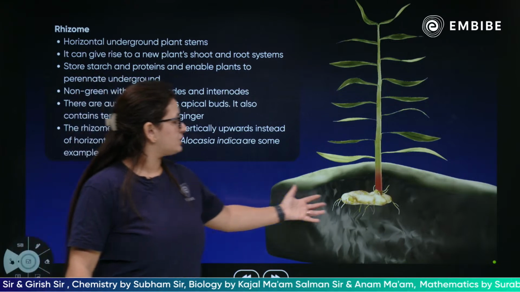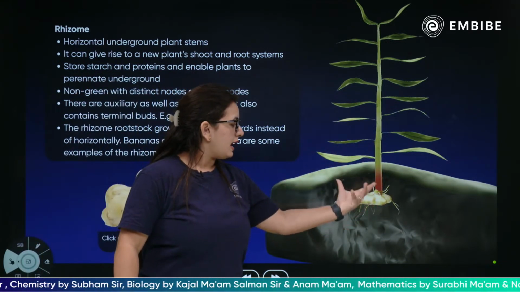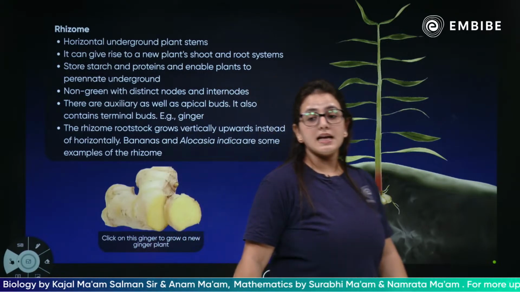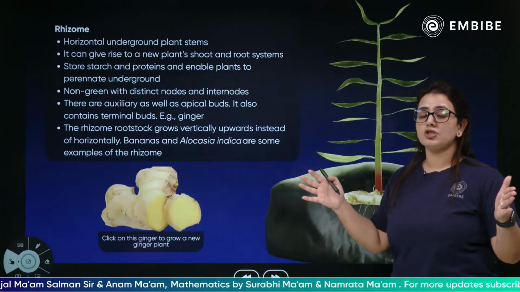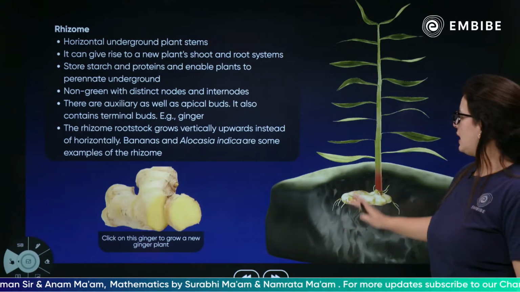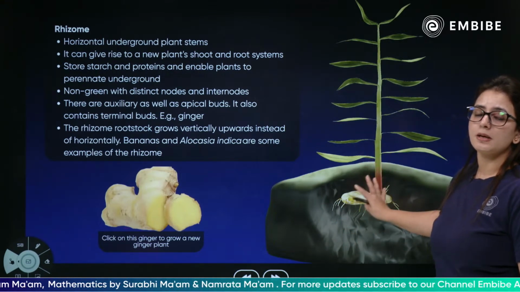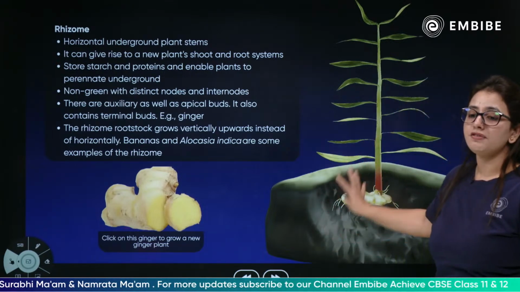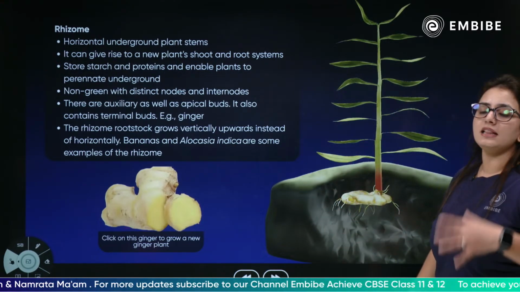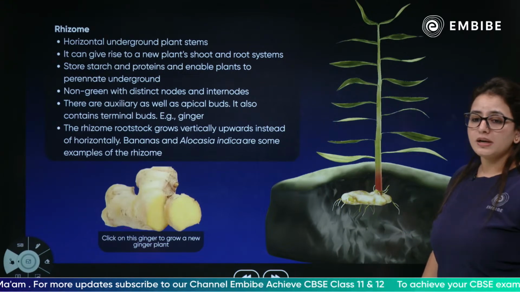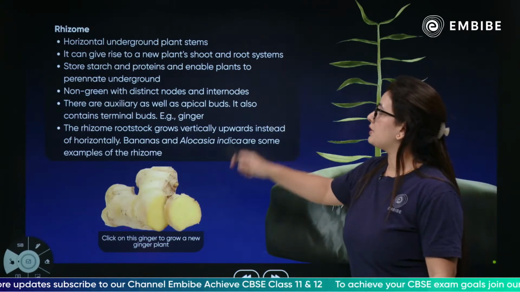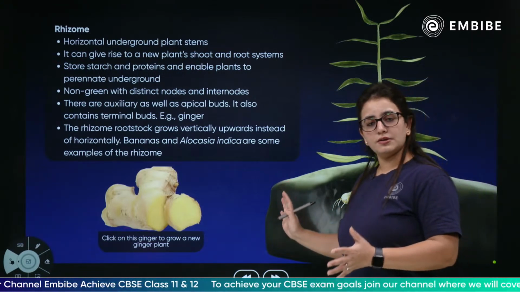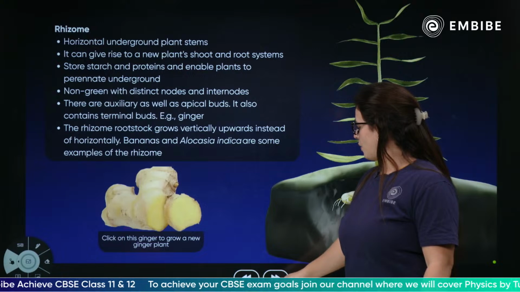So as you can see children, this is the edible part of this particular stem, which is growing horizontally, not vertically, and this is how it shows perennation, avoiding and surviving the unfavorable conditions to show enough growth, and they have a good amount of storage of proteins. As you can see, proteins and starch are basically found in these underground rhizomes. Moving forward, next we have,